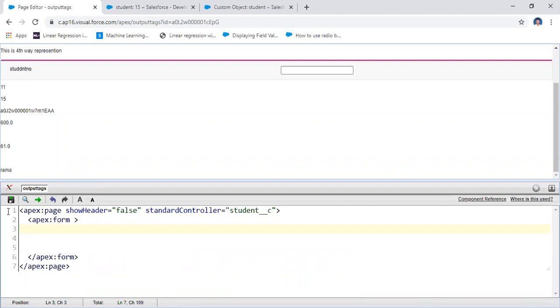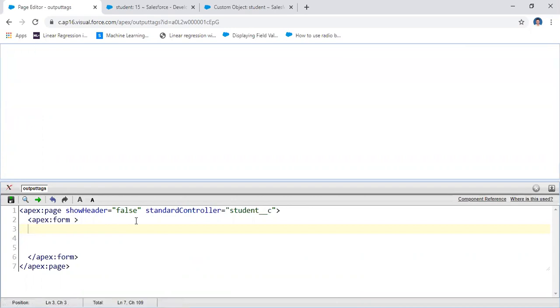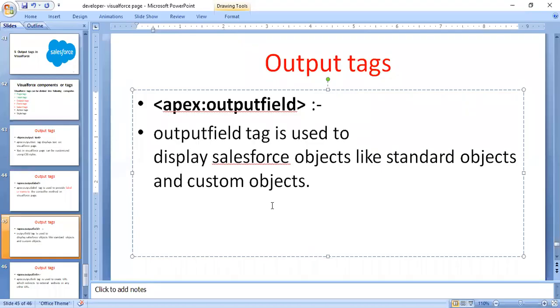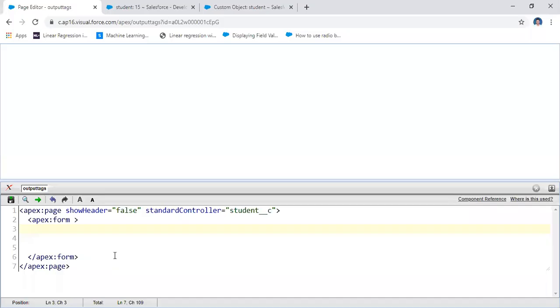I'm going to apply the output field value. How can I apply the output field value? This output field also gets information from the standard field, used to display Salesforce objects like standard objects and custom objects. Here I'm going to display the custom object field information.